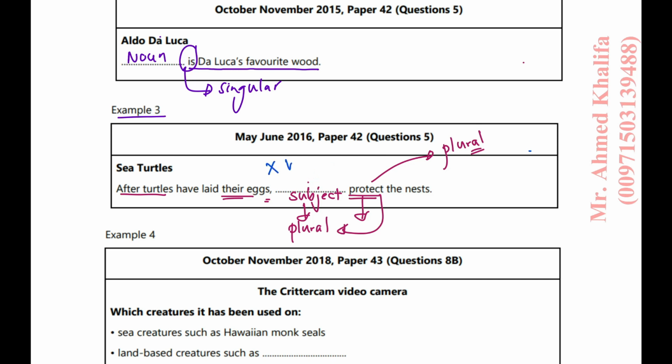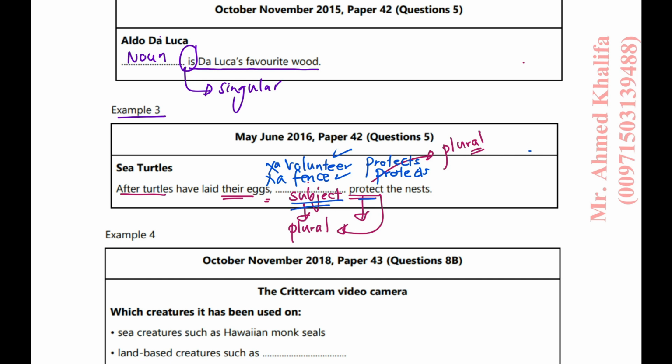You cannot use, for example, volunteer. A volunteer, because with a volunteer you have to say protects. You cannot use a fence, because a fence has to be protects. You understand the point? So if the verb had been protects, then volunteer or fence would work. But if it is protect, the sentence has to have a plural subject here.